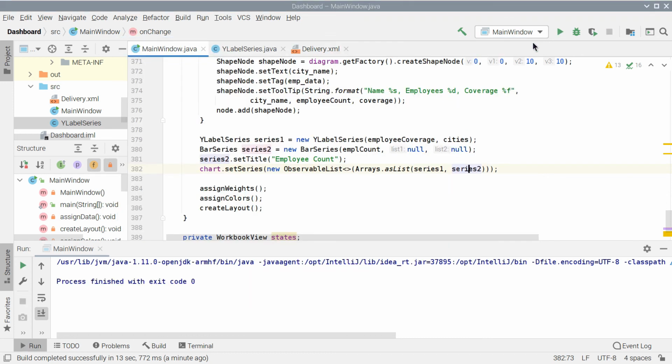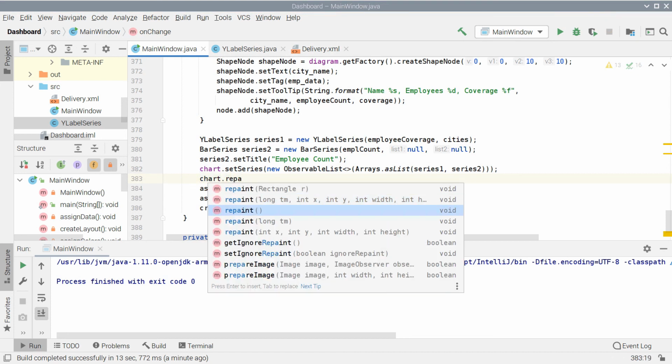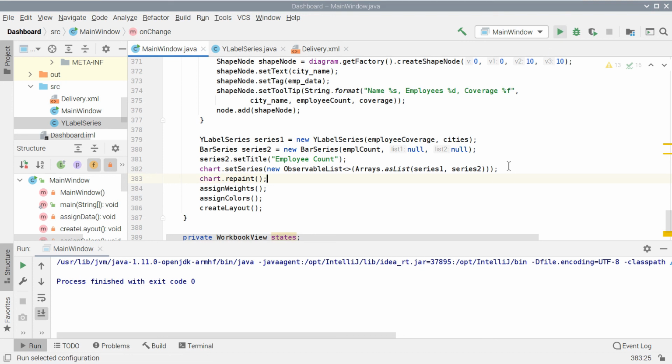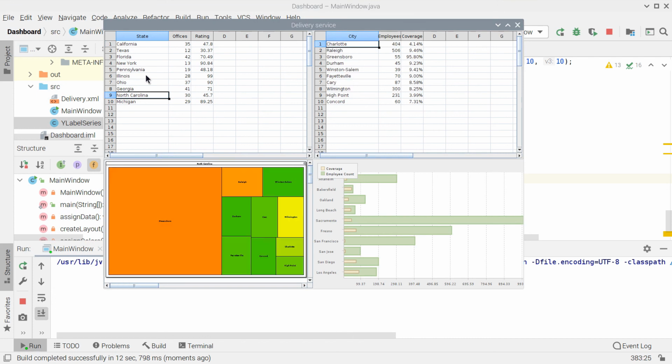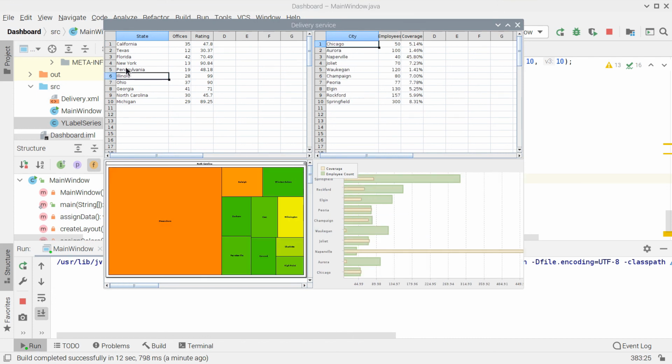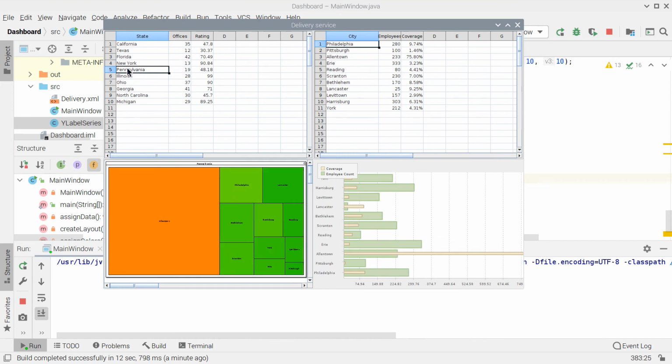So we need to force the chart to repaint itself, which it obviously does not do when we change the series. We call repaint and run again the sample. Yes, now the chart gets updated on cell click.